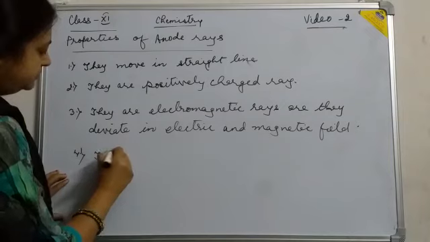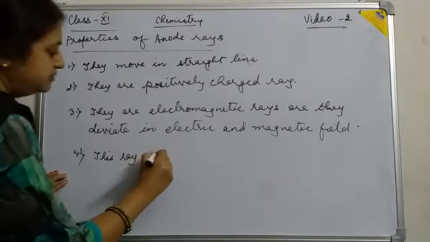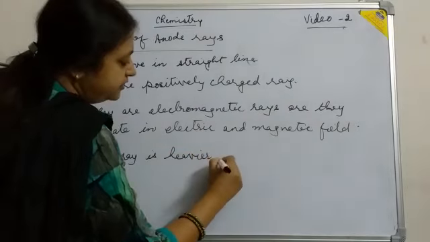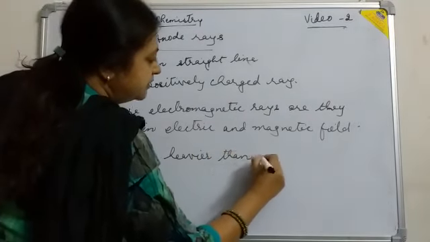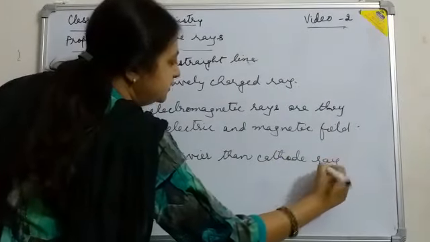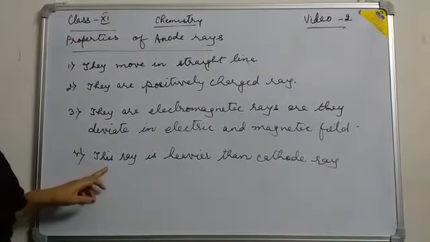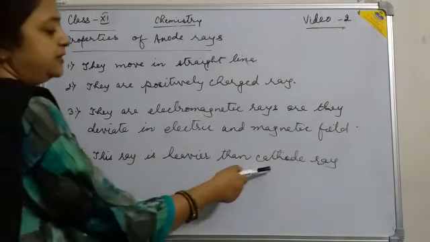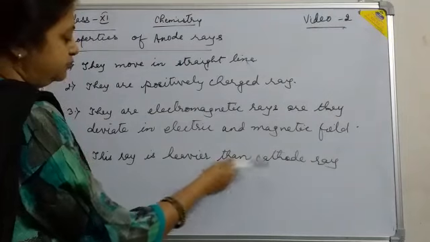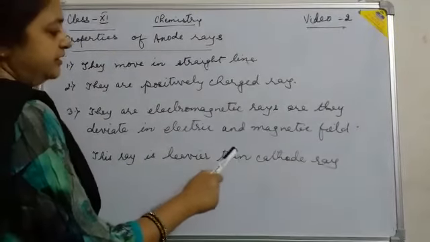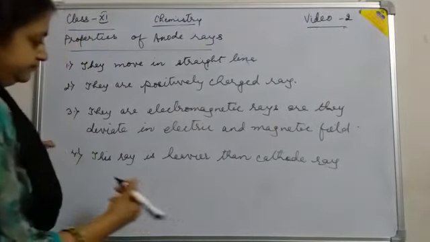This ray is heavier than cathode ray, as it can't penetrate the cathode ray. The penetration power of cathode ray is more than the anode ray. So because this ray is heavier than the cathode ray,